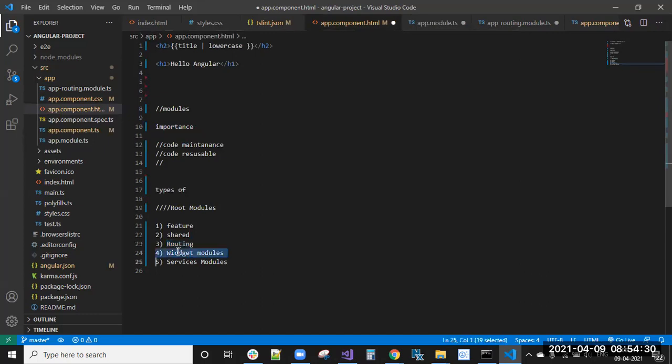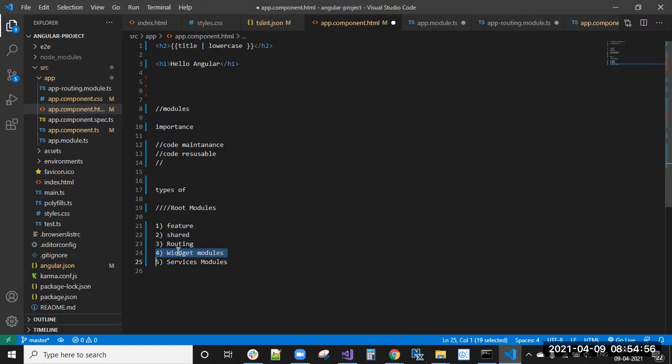Next are widget modules. A widget module is nothing but, for any component we depend on widgets. For example, if I want to create a data table, I need to fix the header and filter the table data. For that purpose, some widgets are already written.